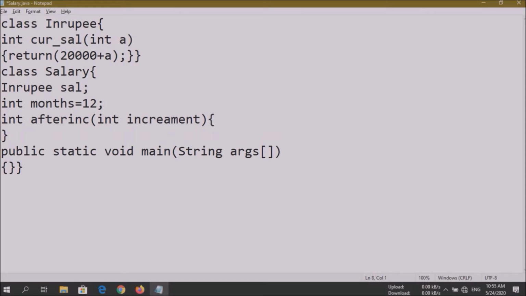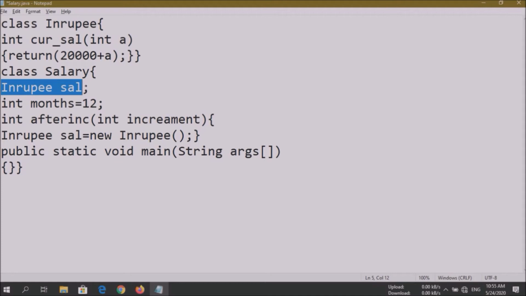So for that, suppose we have taken sal is equal to new in rupee. Now if you look, we can write it like this also, but as we have already declared it over here, we don't need to write it again. It is within the same class only. All right, so let's keep it aside.